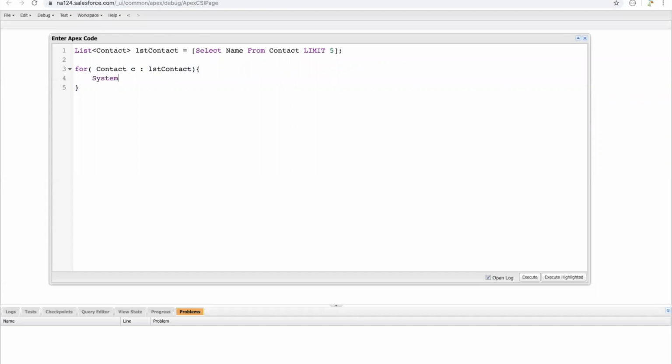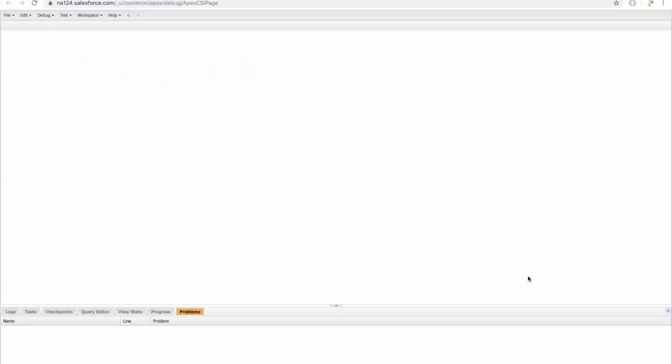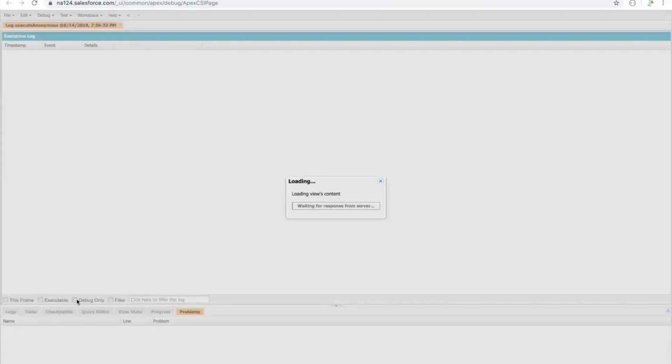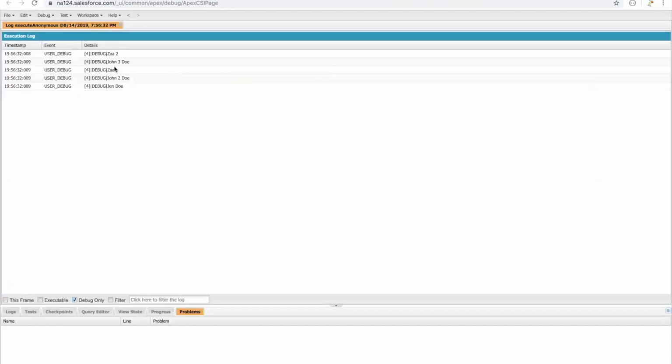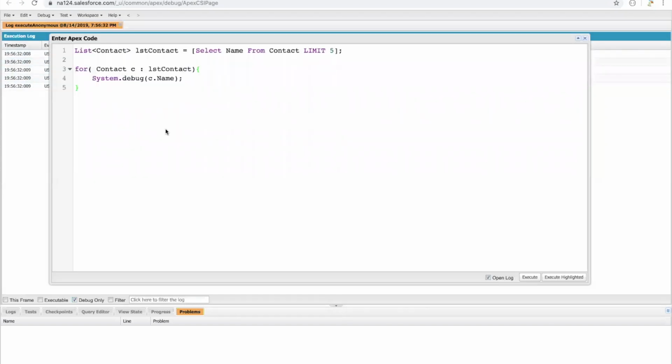Now all you can do is System.debug, and let's say you're printing c.name. If I execute this and I only try to see the debug, you see all the names. So that is one way to do the for loop. Another way to do the for loop is